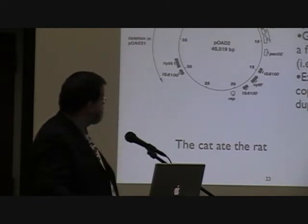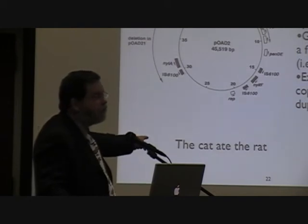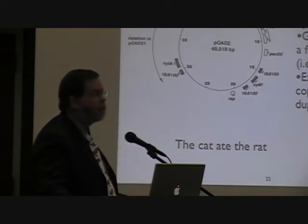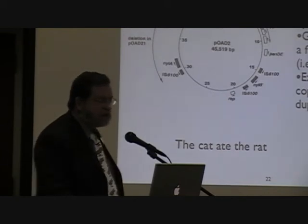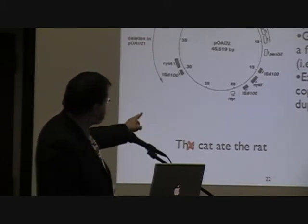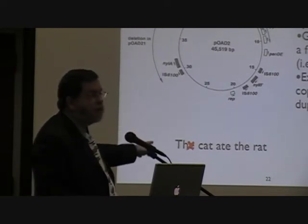So everything's read off in threes, and you can imagine an imaginary language where every word was 3 letters long. So for instance, the cat ate the rat, okay? That's like DNA. A frame shift mutation involves, for instance, a deletion of one of those letters. So if you delete the E in the,